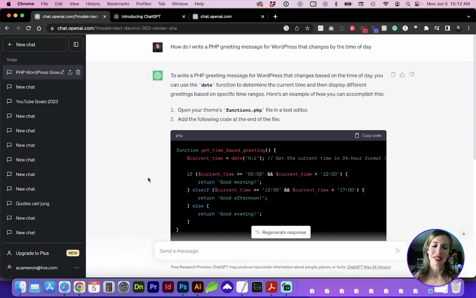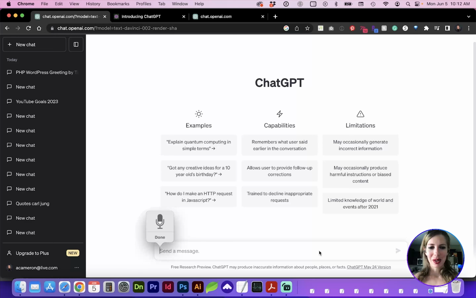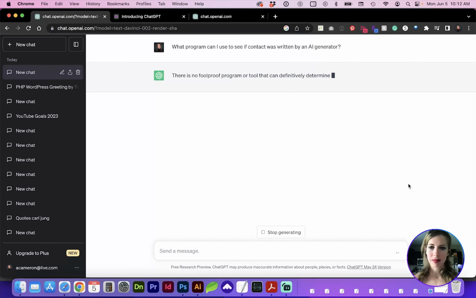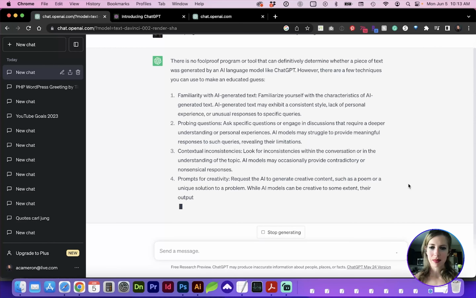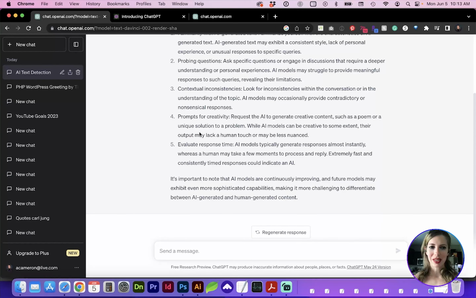So something else I noticed as an instructor, there was an email that came out and it was saying there's some application that detects AI. So let's do a little bit of research here. What program can I use to see if content was written by an AI generator? Ooh, yeah. So I'll have to go back and read that email. But it did remind me there was something about